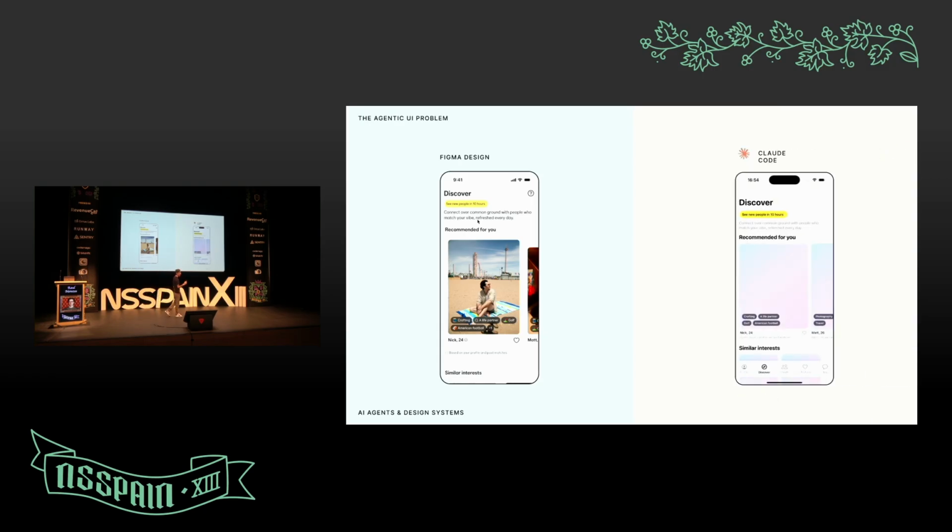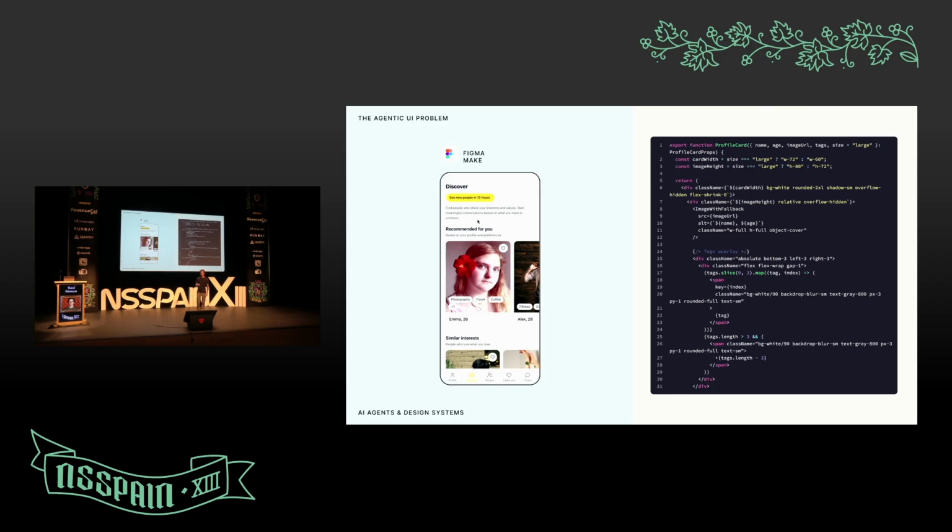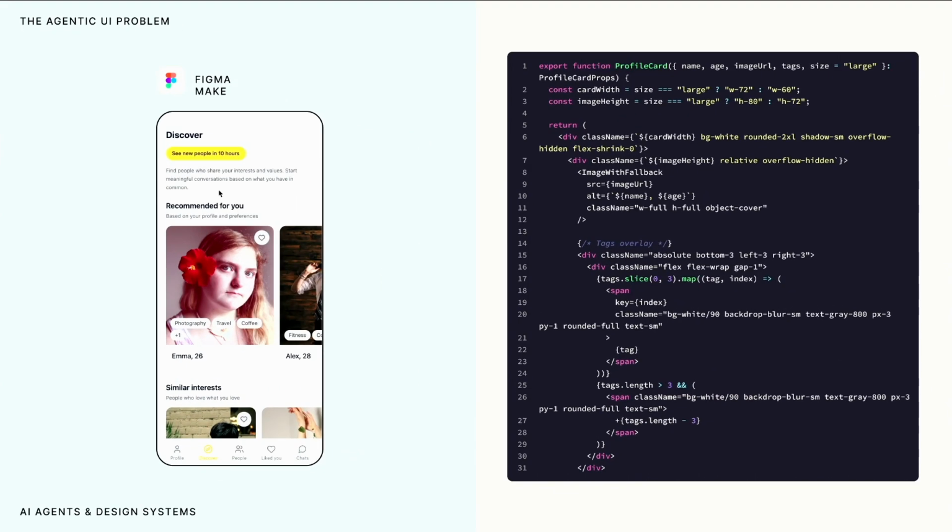And Claude Code, actually, it's very good, I'm not going to lie. If I look at both of them, I could test something with the user. But Figma Make, can we actually test with the user? Not really, because we are iOS engineers, and this is React. That's actually the output from Figma Make. And how can we actually test this on our apps, right?